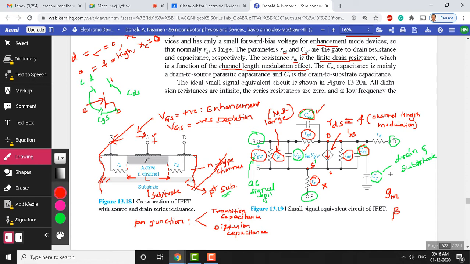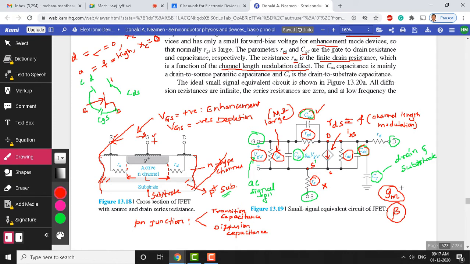And GM is nothing but transconductance. Whenever you see any JFET, when you want to prefer a JFET for your projects or some applications, always look at GM. You have to prefer a JFET with a large value of GM. In case you are preferring a BJT for your project, always look at beta. While preferring transistors also, these things have to be seen before you use them in your circuits. Having a larger GM is always better.